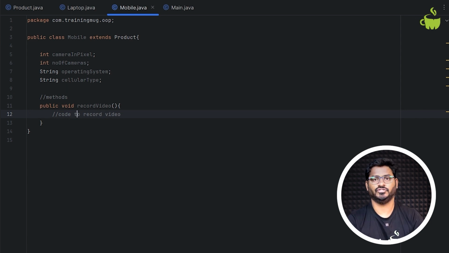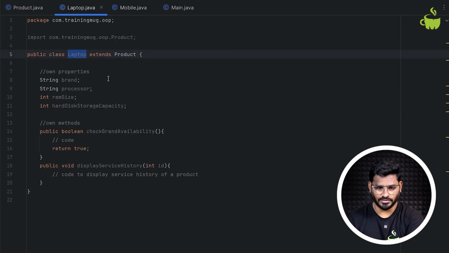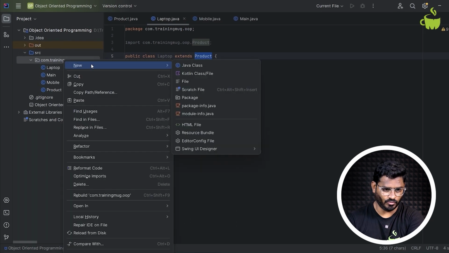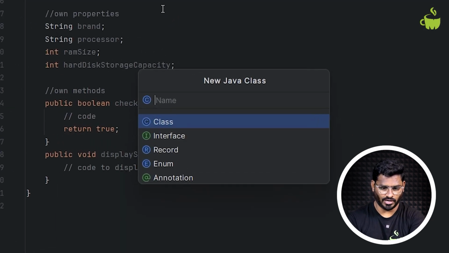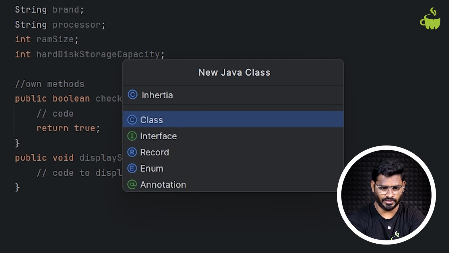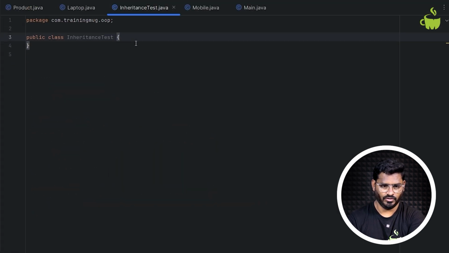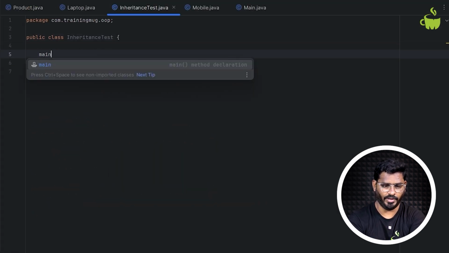Etc. So like this, you can create n number of subclasses. Now let us see how this laptop class can inherit all the properties from the product. So to demonstrate that, I'm now creating a new Java class. Call this as inheritance